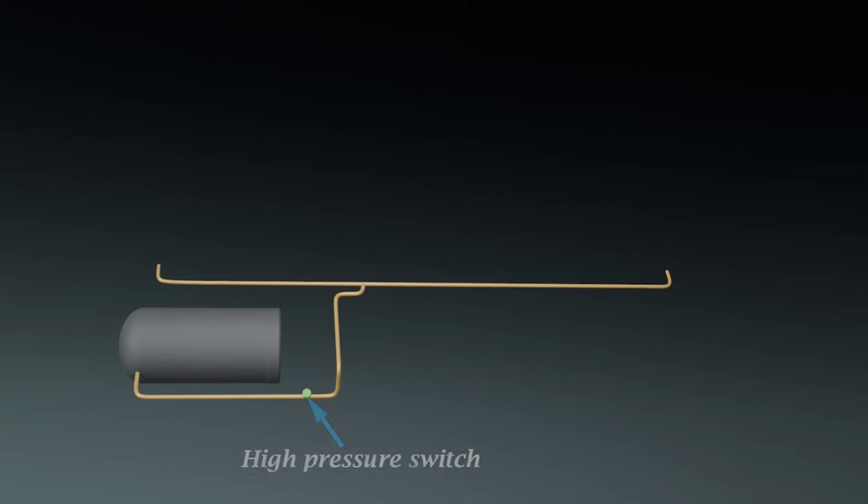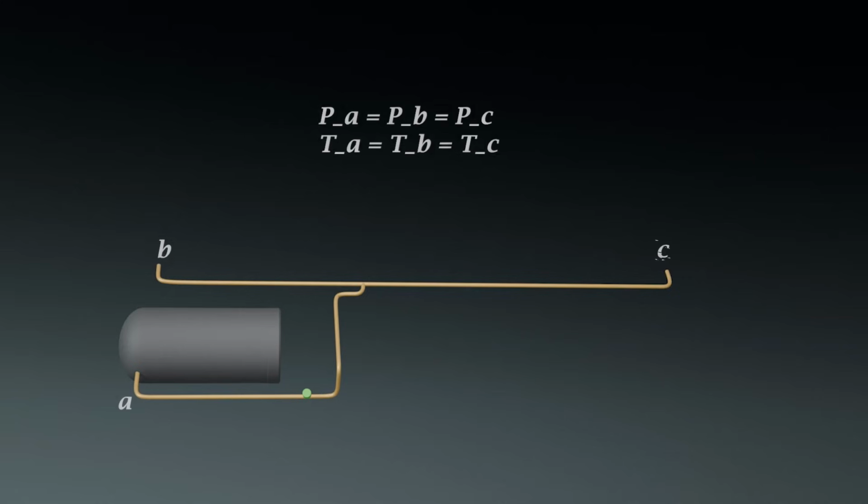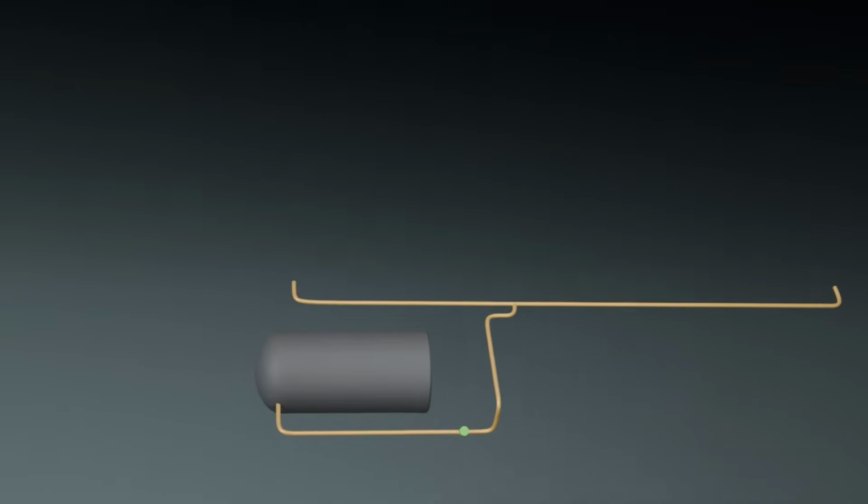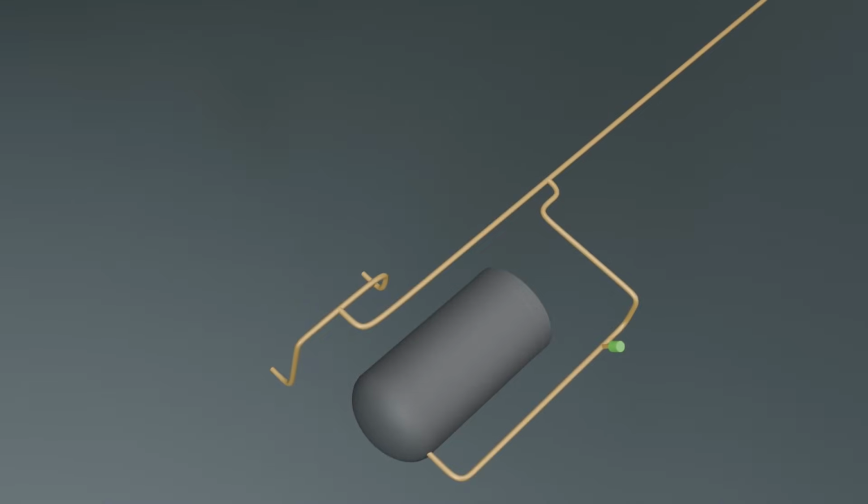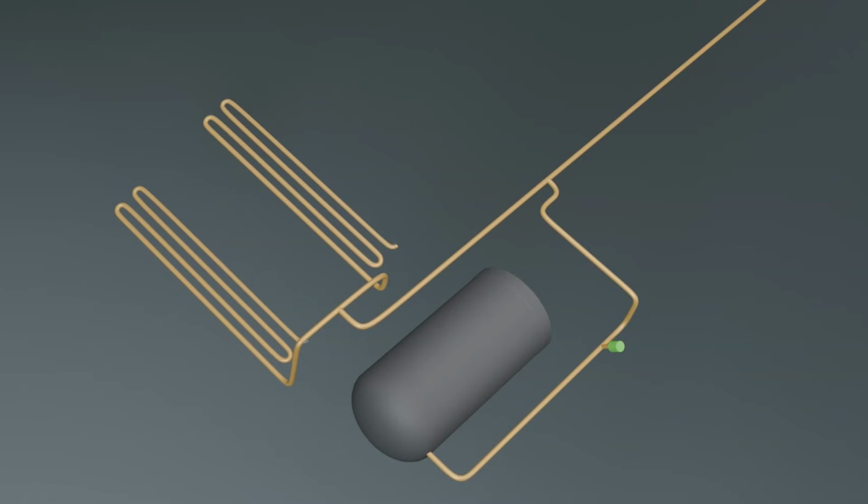It flows to the condenser through two paths. As the pipe diameter is the same, the pressure and temperature remain constant, but the flow rate is reduced to half in each path. The splitting of refrigerant into multiple paths in the condenser helps more heat expulsion in less volume and less time as compared to the refrigerant which flows in a single path.